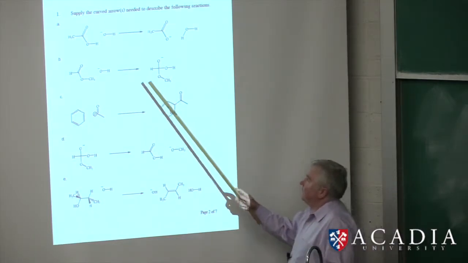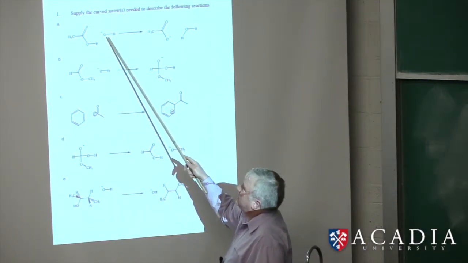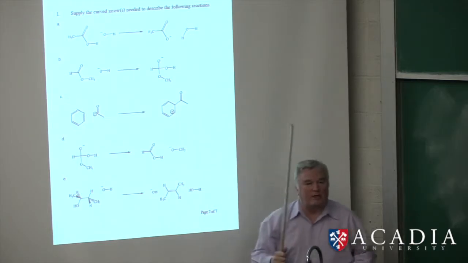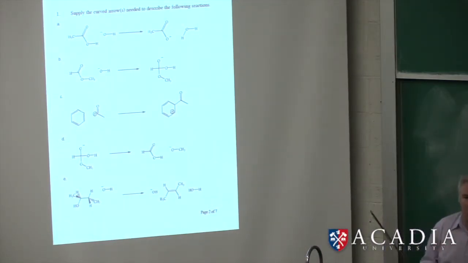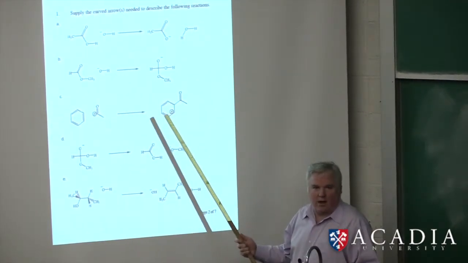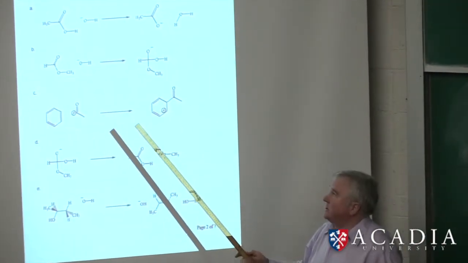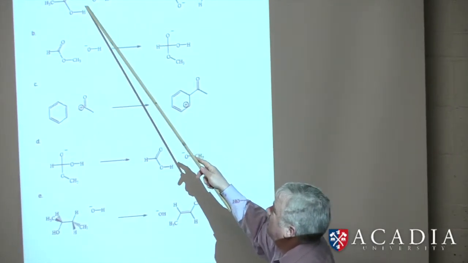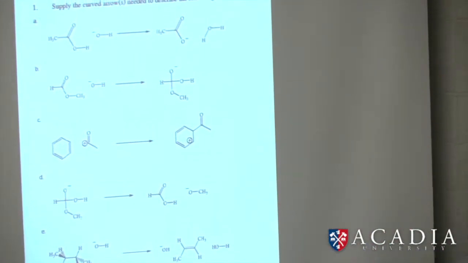So for instance, for this one, I would put the 3 lone pairs of electrons on that oxygen because that's where we need to start our arrow pushing. Okay. Yes, these questions are fairly simple. So it is just that simple. This one, we're just going to push our arrows and pull off that proton. So this one is simply